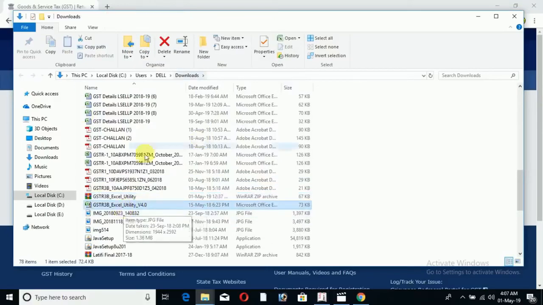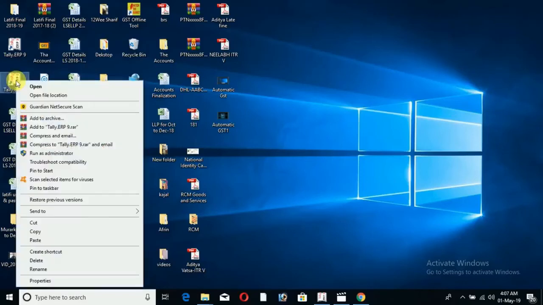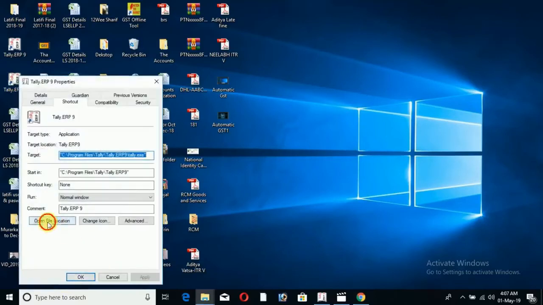Finally, copy this Excel file and go to the place where Tally ERP9 is installed. You can find the shortcut of Tally on desktop. Right-click on it. Go to Properties. Choose Open File Location.